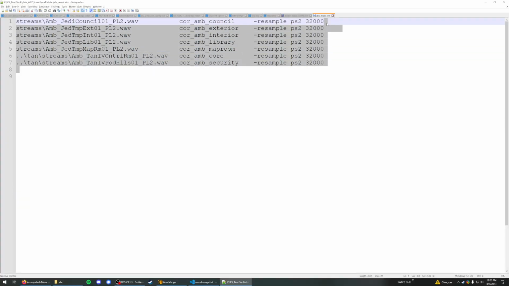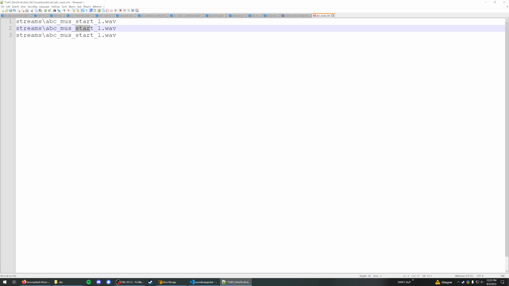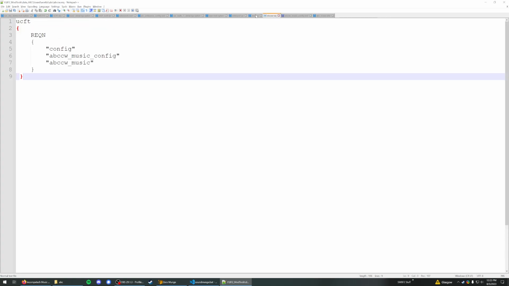Why is this? Oh, yeah, because that's ambience, right? Get rid of all that. We don't need it. So now you're gonna put your music wave files. So that's ABC mus start 1, and then duplicate those with Control D, mid, and save. That should be done. And you want to reference this in,